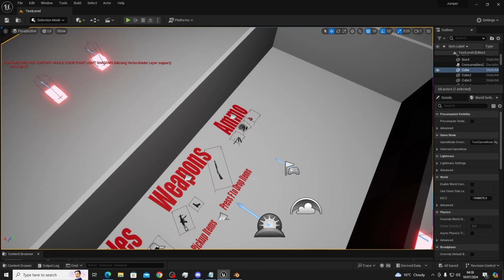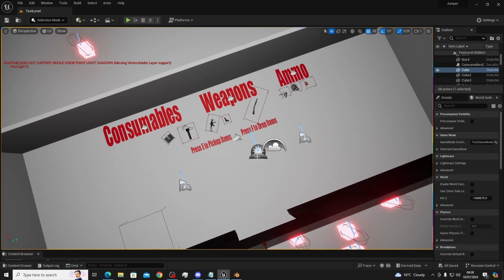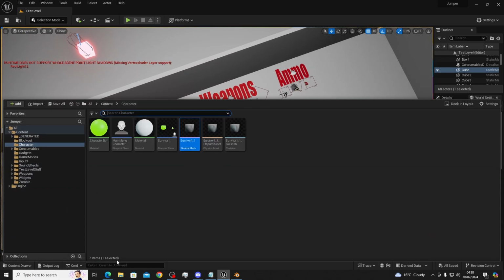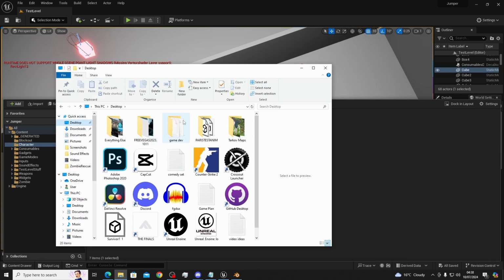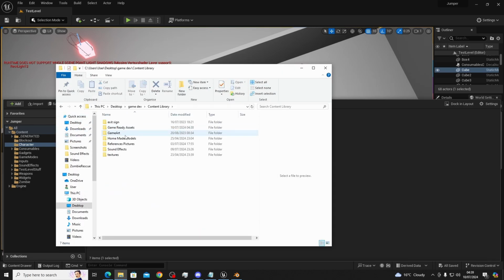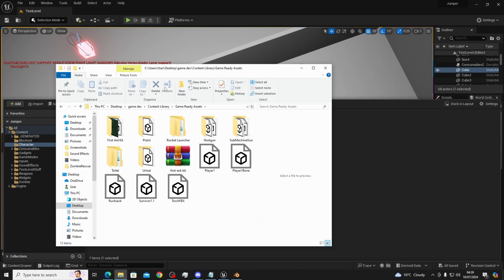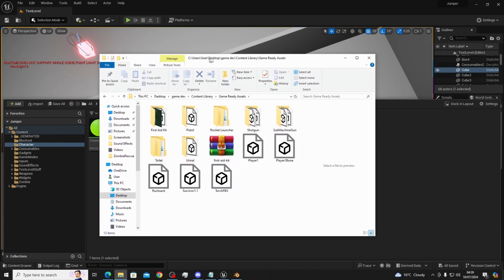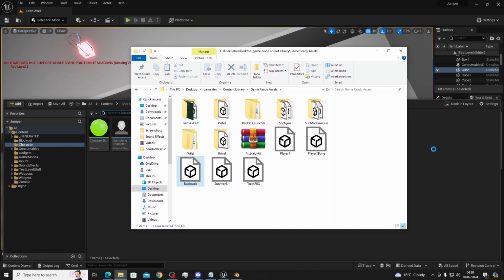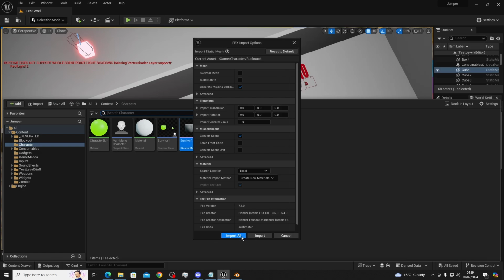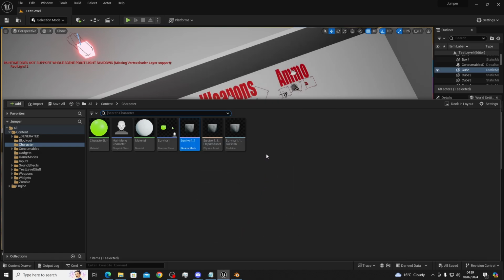Unreal. Let's get this in real quick. Basically just going to drag and drop it, I think. Open it up in the content library. Where is it? In game ready assets under Rucksack. When it loads, drag and drop that in. Import all. And if we're lucky,